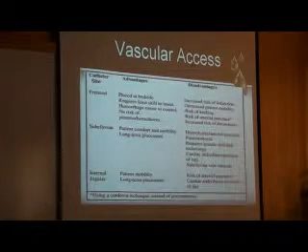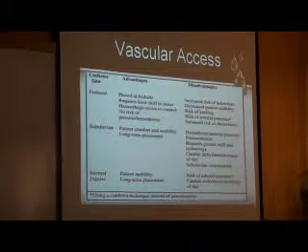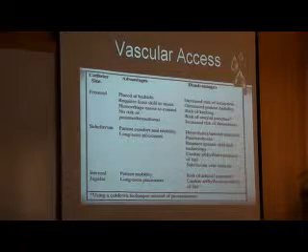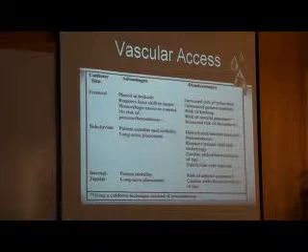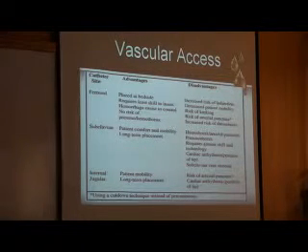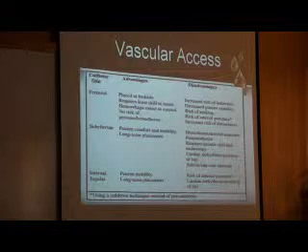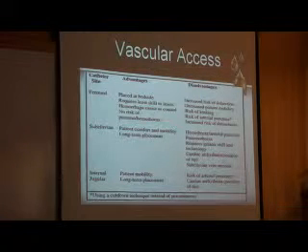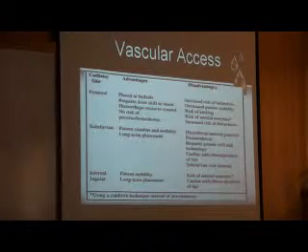The femoral catheter is the easiest to insert, but the highest rate of complication is associated with it because it's more liable to infection. It leads to patient discomfort. The subclavian and the internal jugular are a little bit more risky at insertion, but they are easily used, can be taken care of easily, and have a lower complication rate.